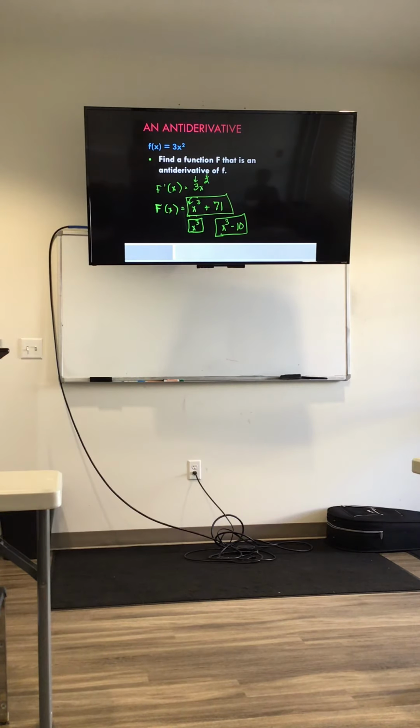All right, you guys understand what we're looking at for this idea of antiderivative? All right, so we'll continue that tomorrow, and hopefully we'll be able to